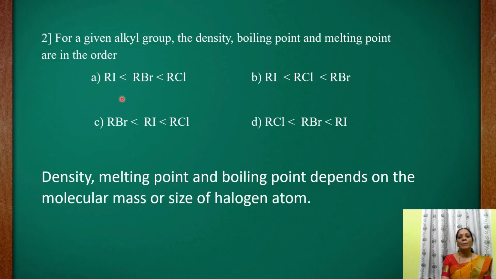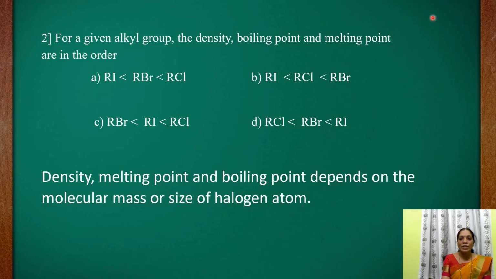But you can see here the other atom, that is a halogen atom, is different in the different alkyl halides in the given options. Now we know that the halogens always belong to group 17, isn't it? The halogens are the group 17 elements. If you consider the group 17 elements in the periodic table, the first element of group 17 is fluorine, and the next element is chlorine, next to that is bromine, next to that is iodine, and the last element is astatine.